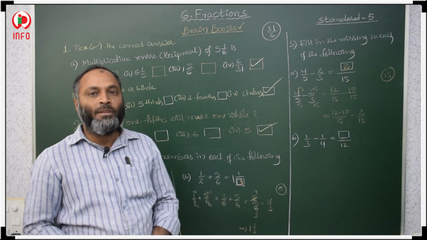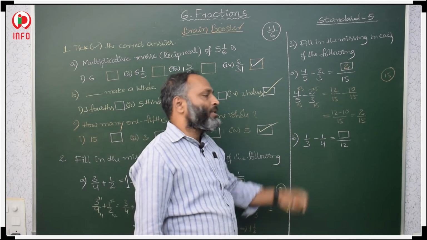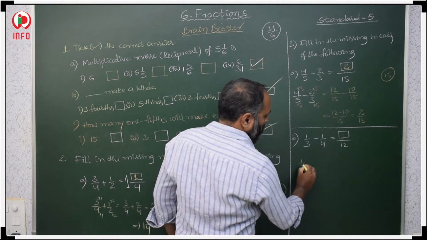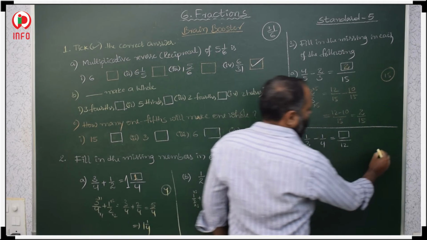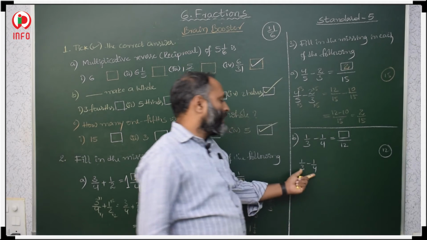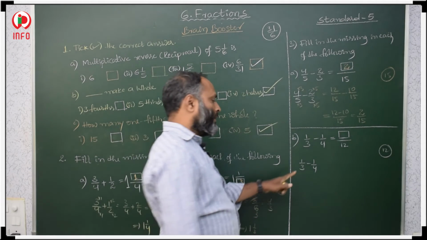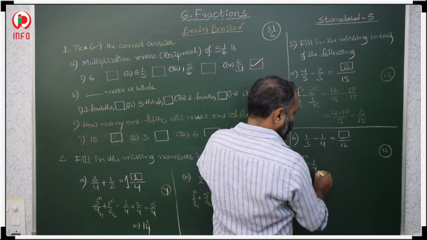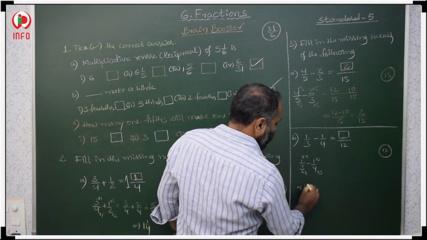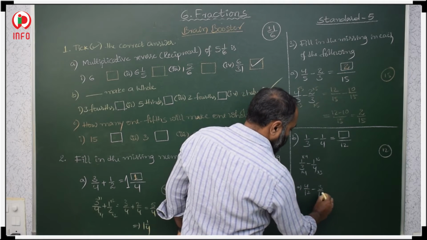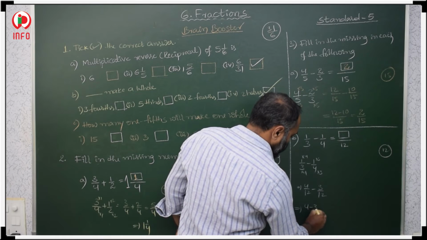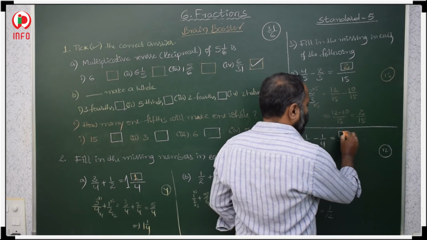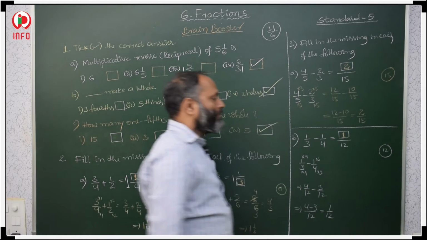In this way first we have to find the solution, according to that what is missing, that we have to write in the box. And here 1 by 3 minus 1 by 4. So, 3 and 4 LCM we have to find, that is 12. These two are consecutive numbers, the product is the LCM. In 3 table, when will you get this 12, 4s are. In 4 table, when will you get this 12, 3s are. Then 4 1s are 4 by 3 4s are 12, 3 1s are 3 by 4 3s are 12. Then difference of the numerators, 4 minus 3 by 12, 4 minus 3, 1 by 12. What is there in the numerator? 1. So, this one we have to write in the numerator.